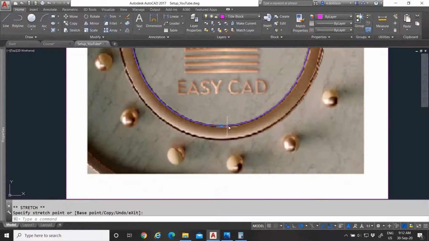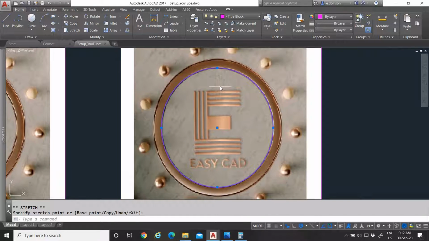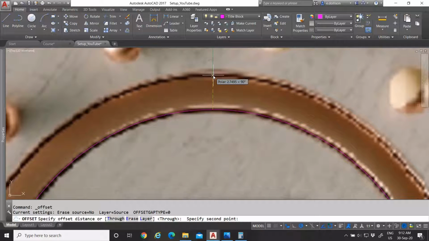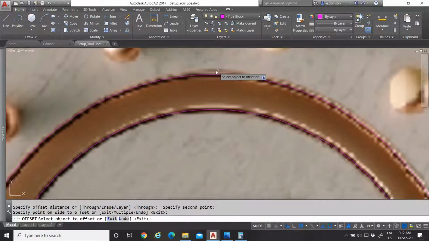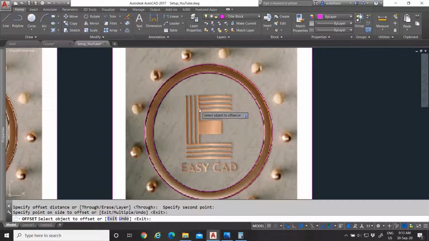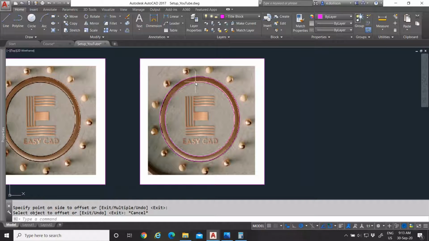This way you will have to do a lot of zooming in. So here you can see I have more or less what I need. Now I will have to do the offset command. I don't know how much, so I will just click and offset it more or less where I want it to be. Enter, and it would ask me to offset the next geometry, but I don't want to because I have offset it already, so I just press escape. So here we have my two